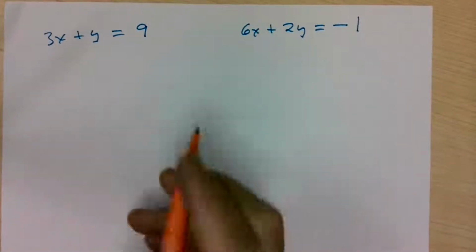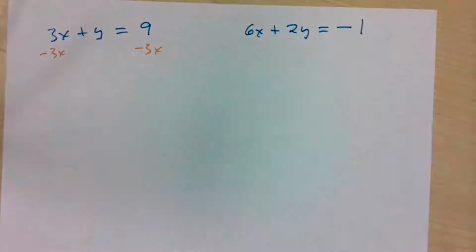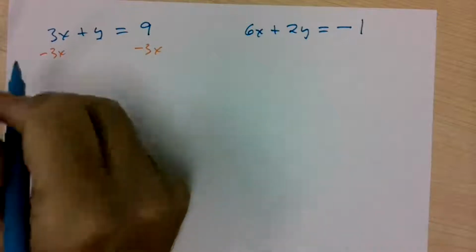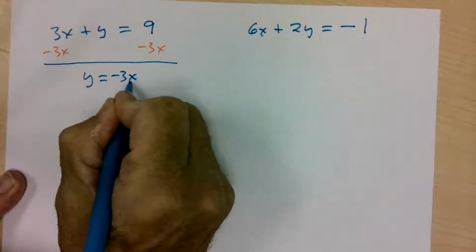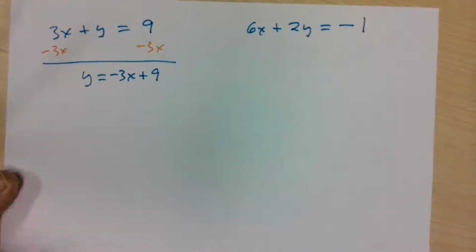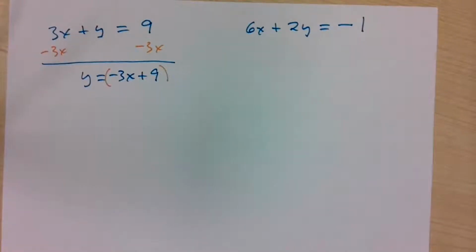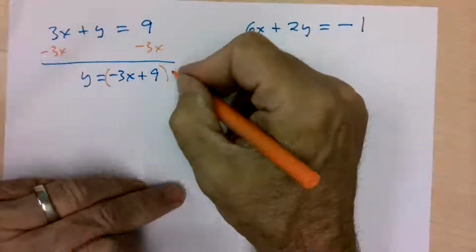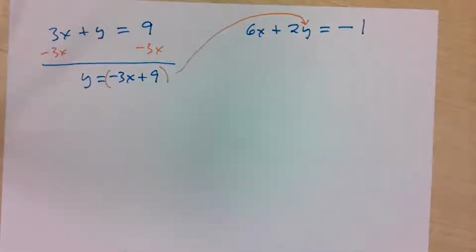Subtract 3x here, or add negative 3x if you prefer. And I get y is 9 minus 3x. I'm going to write it as y equals negative 3x plus 9. Now that is going to go in parentheses and get shoved into the other equation. We're going to go ahead and substitute that y equals negative 3x plus 9 into the other equation here, so